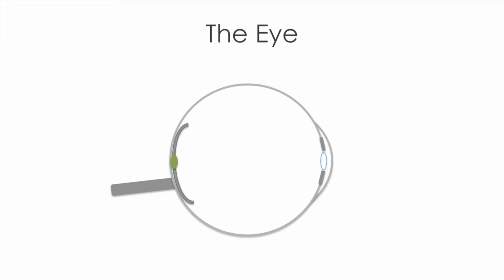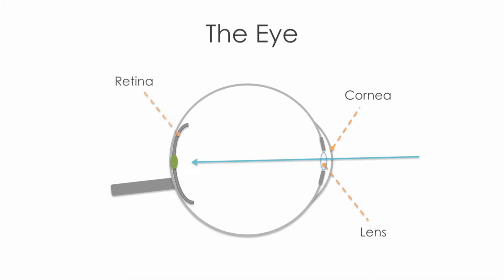Let me explain. This is a schematic of the human eye. The light blue arrow represents the movement of light as it enters the eye. As you can see in this image, light moves through the cornea, that's the part of your eye on which you put your contact lens, then through the lens, which focuses the light at the back of the eye. The back of the eye contains the retina, which is composed of light receptors that catch light energy and transduce it into neural signals. The neural signals leave the eye via neurons that exit through the optic nerve and connect to the brain, where the visual